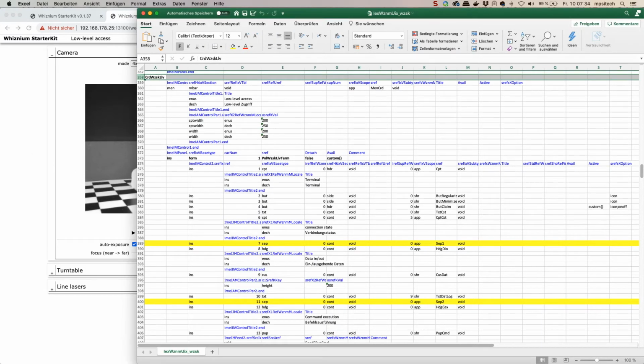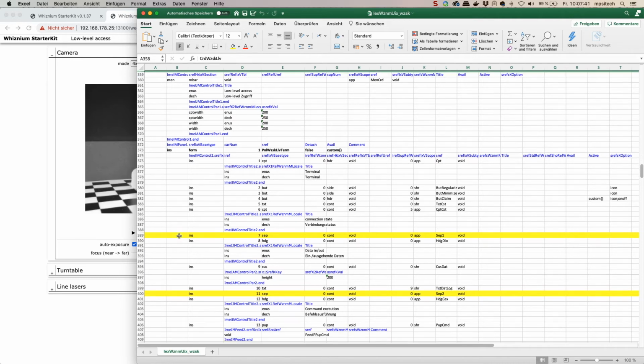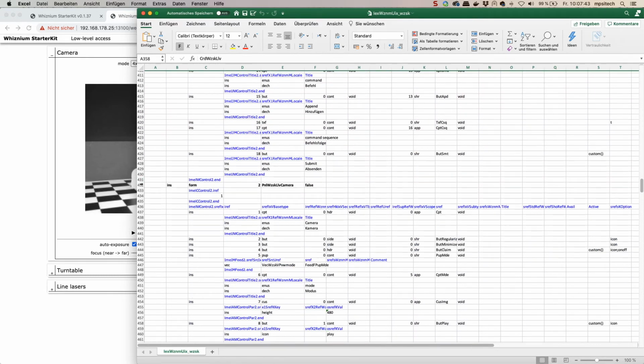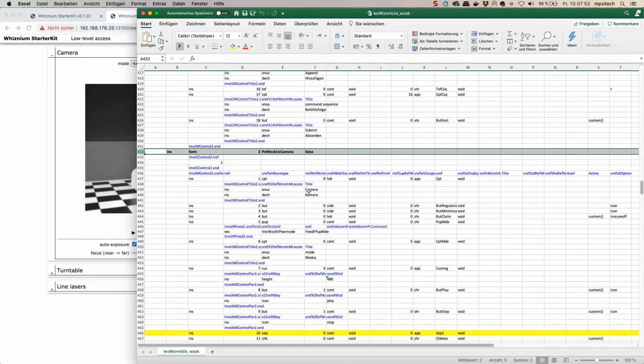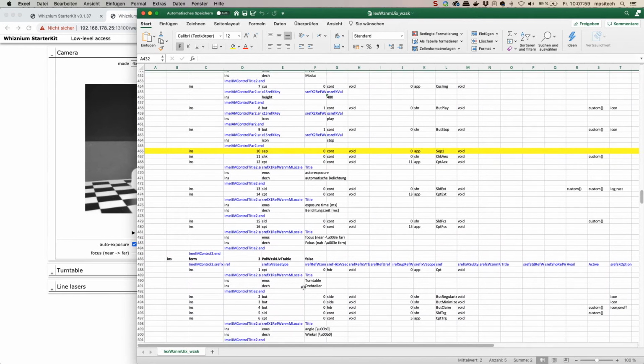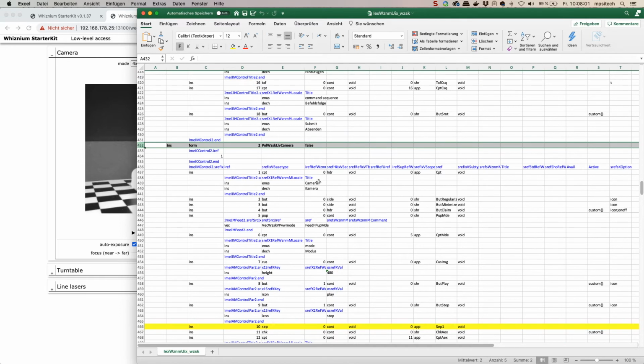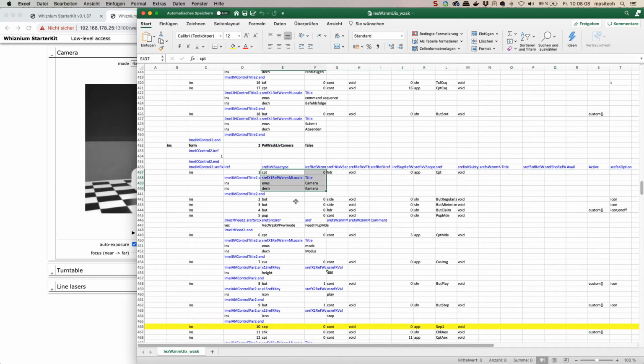So underneath the low-level access card, here I declare that there should be a camera panel. And then I list one after the other all controls which should be part of this panel. Starting with the caption in the header section and regularize minimize button on the side, I specify